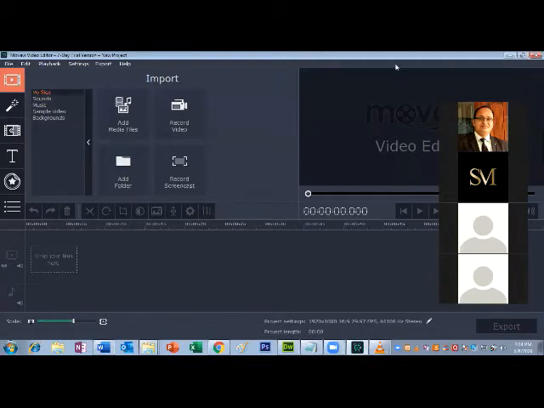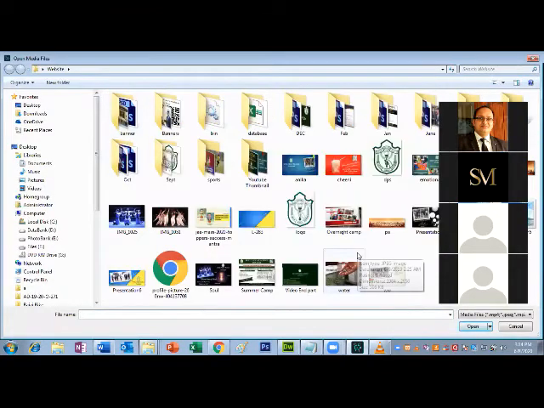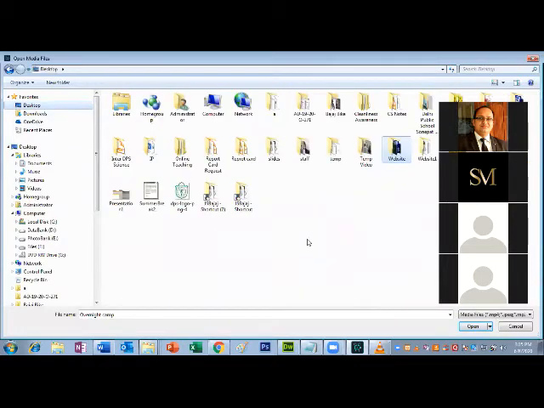In this window, on the right-hand side where Movavi is written, this is the area where the video will be played. And from this option, add media, we have to select the file, whichever we have saved. Whether that is video or audio or some PowerPoint presentations in the form of images, everything we can import. It is not compulsory to have only MP4 format of video. Even if you want to take a single image, you can take it.